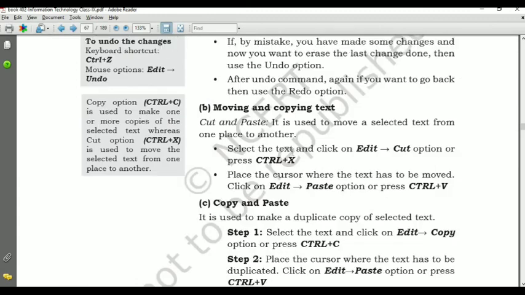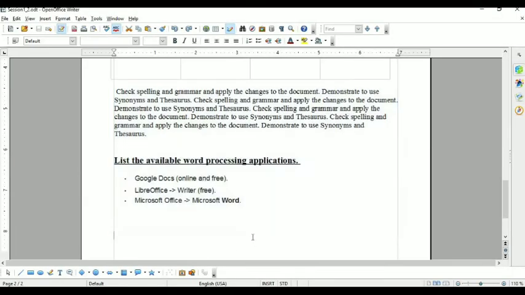Now come here in the previous one. Moving and copying text. So cut and paste. It is used to move a selected text from one place to another. For this, select the text, click on edit cut option or press Ctrl+X. See here. Suppose that I want to cut this paragraph from here and paste it to a new location.